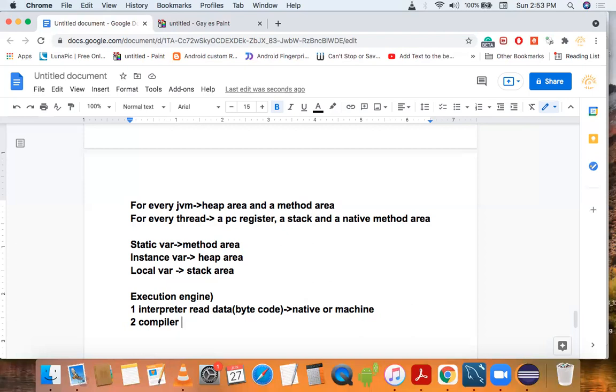After reaching a threshold point, it directly provides native code to the JVM. That's why we can improve our system performance. There is no need to compile again.